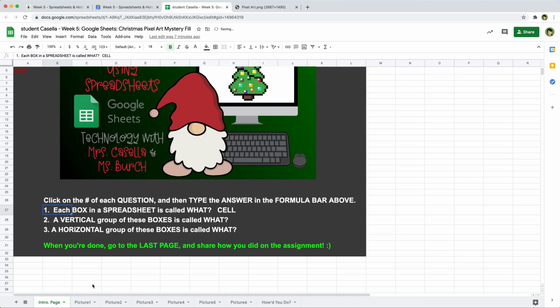Go back up here. Okay, number 2, a vertical group of these boxes is called what? So if I select a vertical group, vertical going up and down, think about vertical blinds on your sliding glass doors. That's how I remember. A group of vertical cells is called a column. So I'll click on number 2, go up here to the end of the question, and type in column,